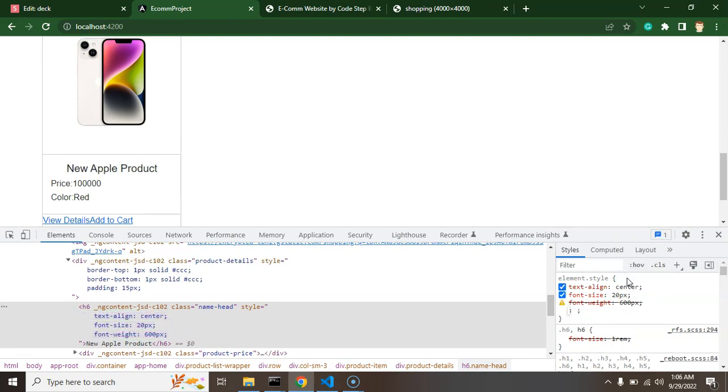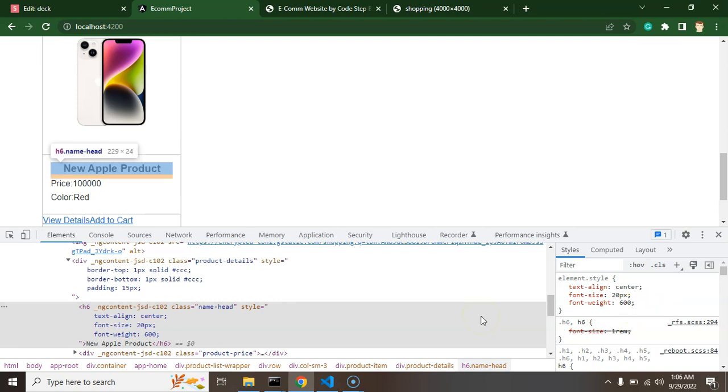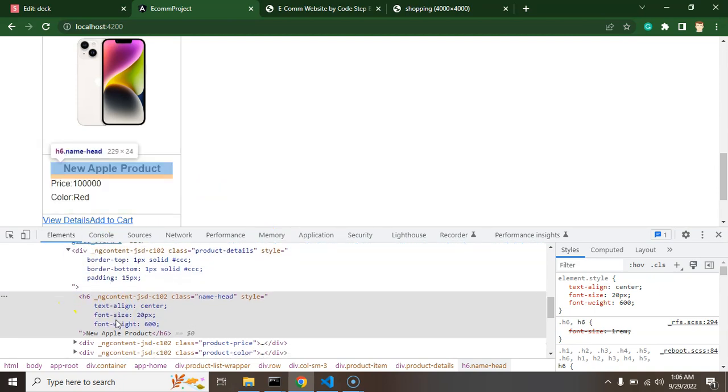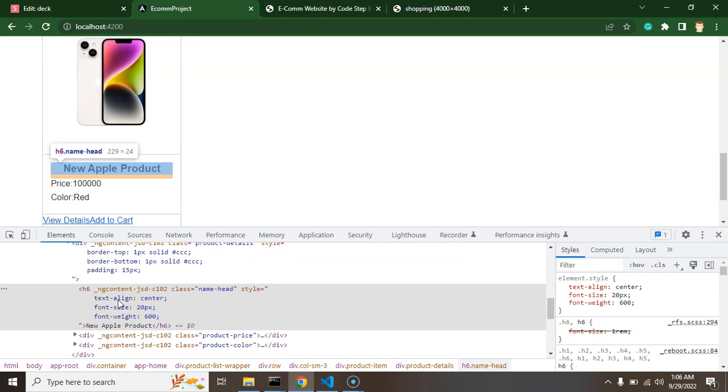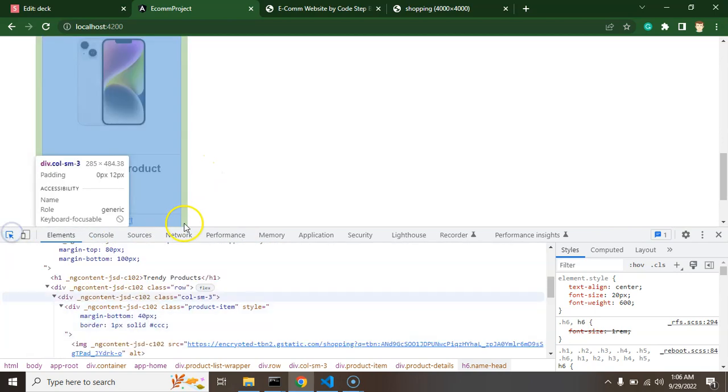Perfect. Not 600 pixel, that will be only 600. Next thing what we can do there. Yep, there is an h6 tag. Okay, and the last one is